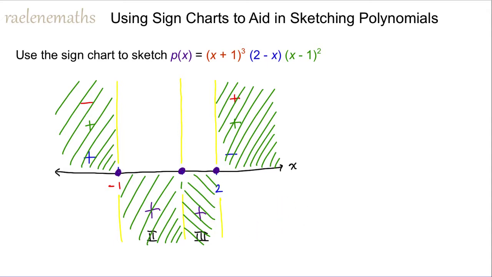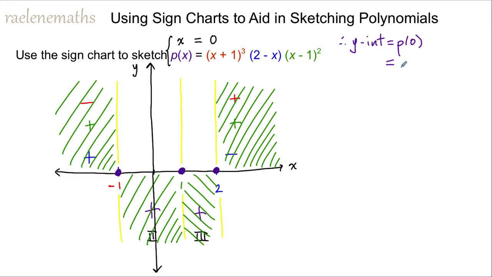So I'm ready to introduce my y-axis, and the y-axis is x equal to 0. And so I'm going to put it in the appropriate region and make it a little bit bigger than the other vertical lines so it stands out. And once I have the y-axis, I'm interested in coming up with the y-intercept. By definition, the y-intercept is the intersection of the y-axis with the graph. The equation of the y-axis is x equal to 0, and that's why we substitute x with 0 to get the y-intercept. So the y-intercept is going to be given by p of 0, which is going to be 0 plus 1, which is 1 all cubed, times 2 minus 0, times -1 all squared, which is equal to positive